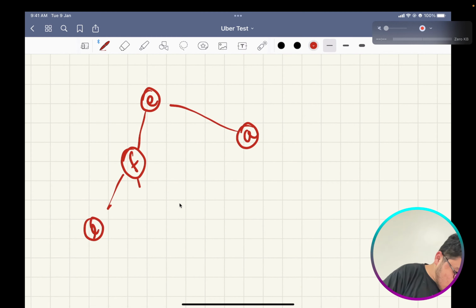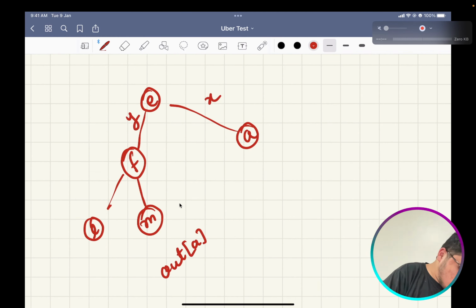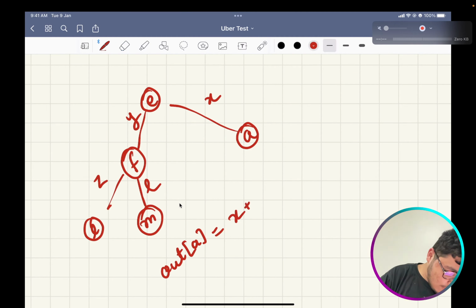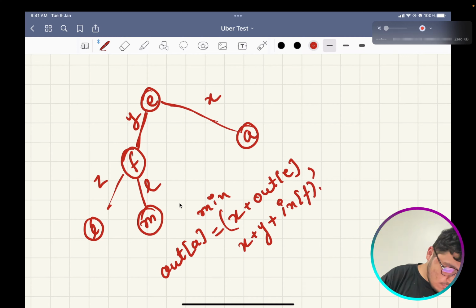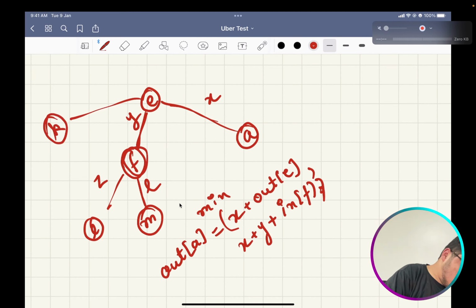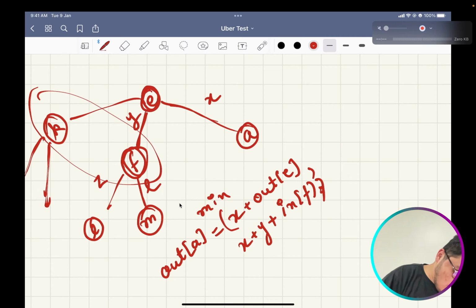Let's say it's X, Y, Z and L. So out of A for this scenario would be the minimum of X plus out of parent, and X plus Y plus in of F. So you consider all the other children of the parent.